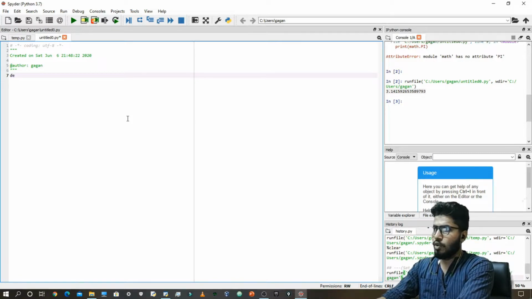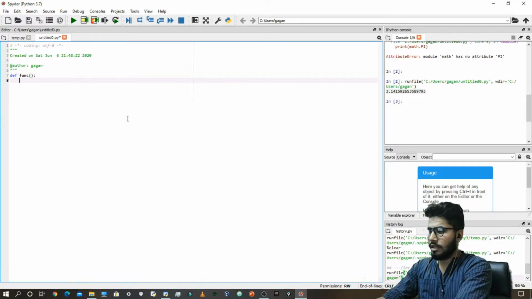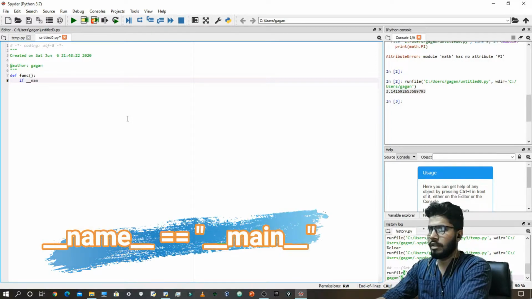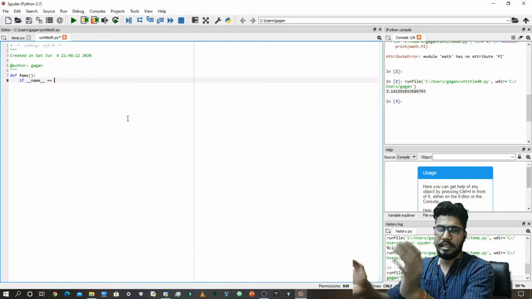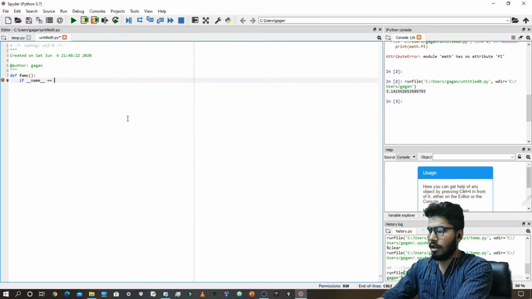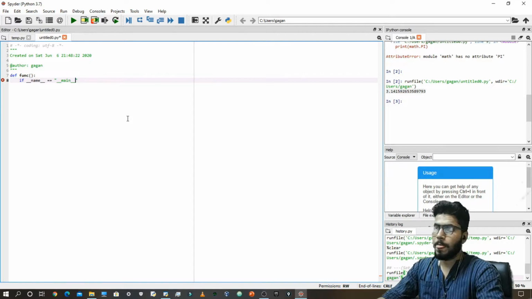Let's suppose you have defined a function. Let's call this func. And what you are doing is giving it a condition: if __name__ is equal to, which means it is comparing two values, equal to and in quotes __main__.